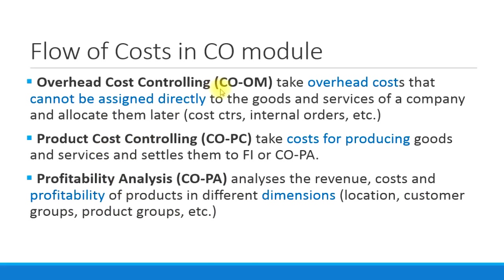You initially take all the overhead costs into your cost centers or internal orders. Later you can allocate them to a product cost controlling module or the COPA module. You take all the expenses and the costs associated with producing that particular product in the COPC module. You can further allocate them to the COPA module or leave it there as it is. And in the COPA module, with all the allocations coming in and all different values flowing in through different dimensions, you can see the profitability of your products. So that's how the costs actually flow within the CO module, where these three